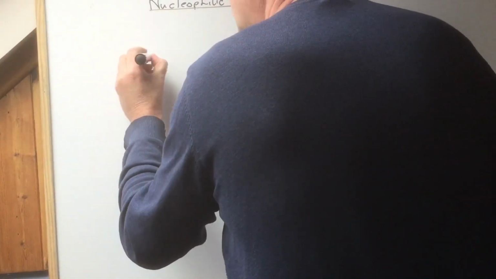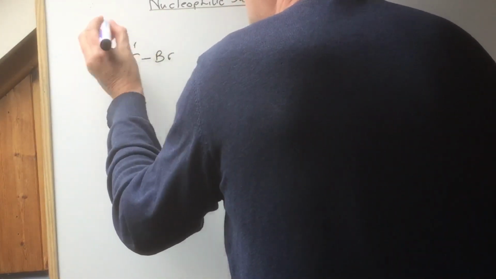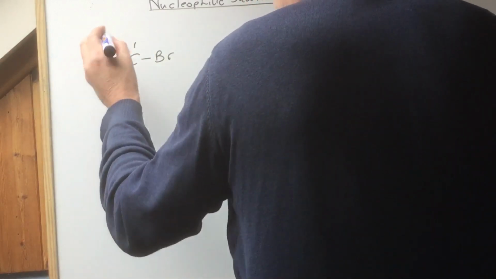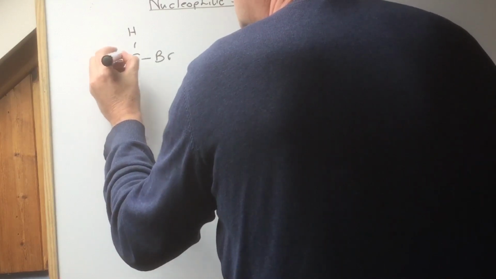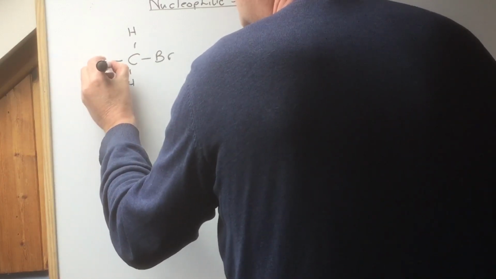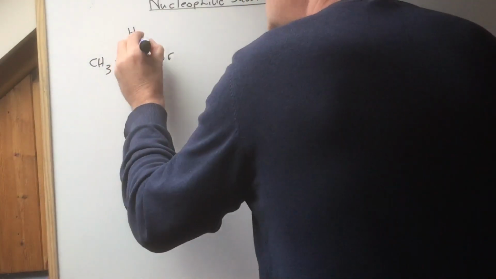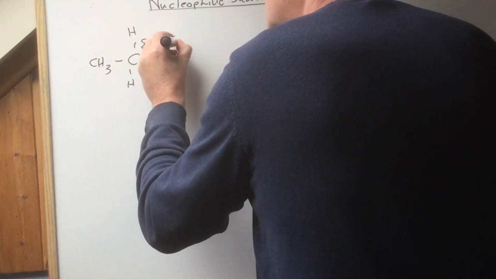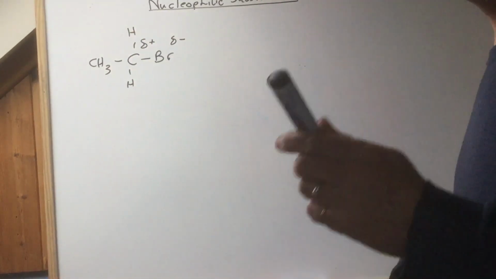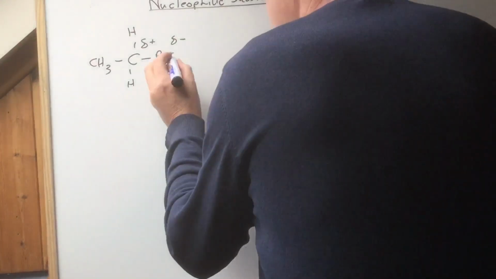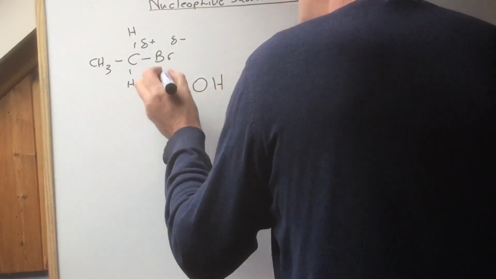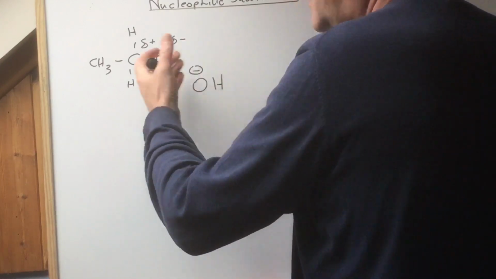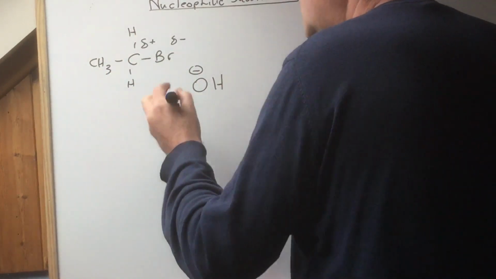The mechanism is this. Any old haloalkane. Let's do a bromo one. Put on it what you like, H, methyl, it doesn't matter, because what matters is this, delta plus, delta minus. Now, what you do is you take a nucleophile, hydroxide. I'll show you the mechanism, and I'll show you the overall equation. So basically you need to react it with sodium hydroxide to give your